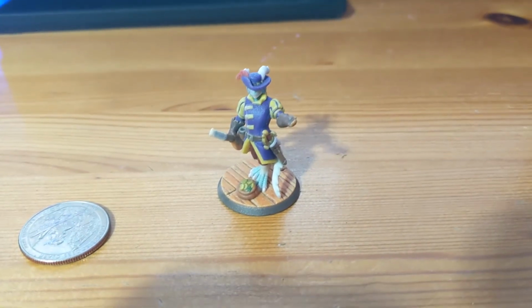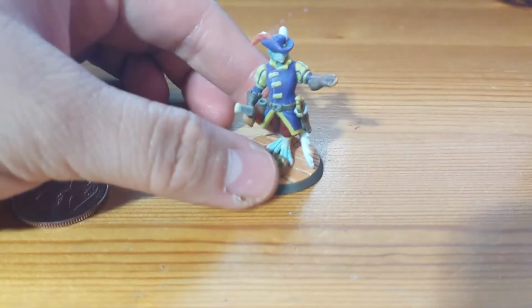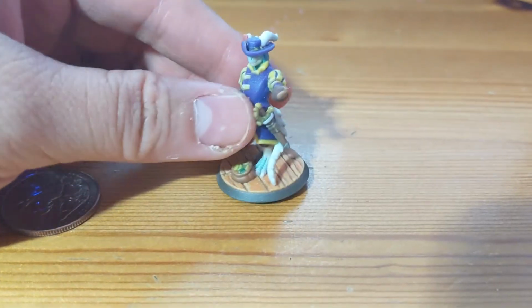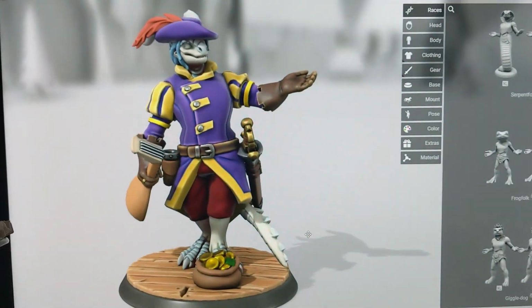Alright, hello everyone. So I'm back, this time with my camera, showing you off the figure. Right, so this is the figure that came after making this. Okay,